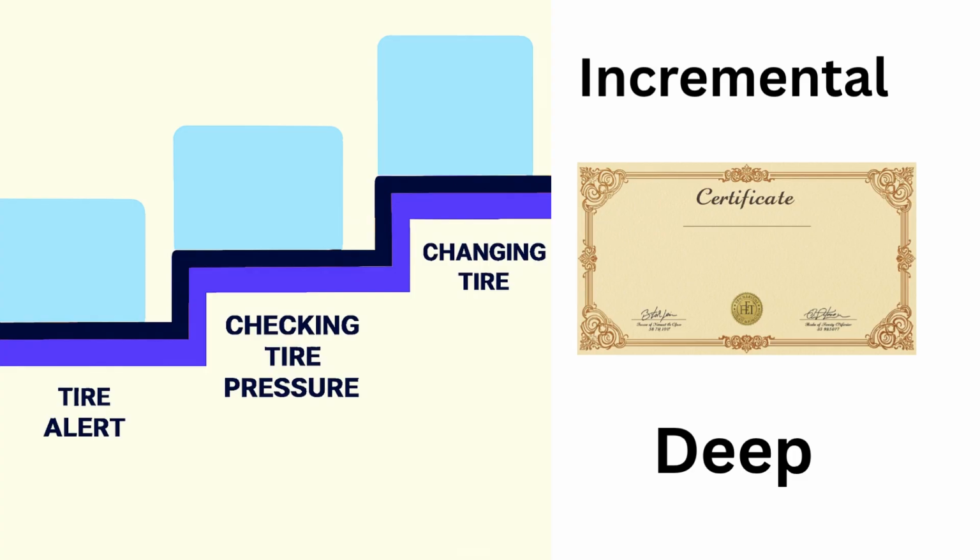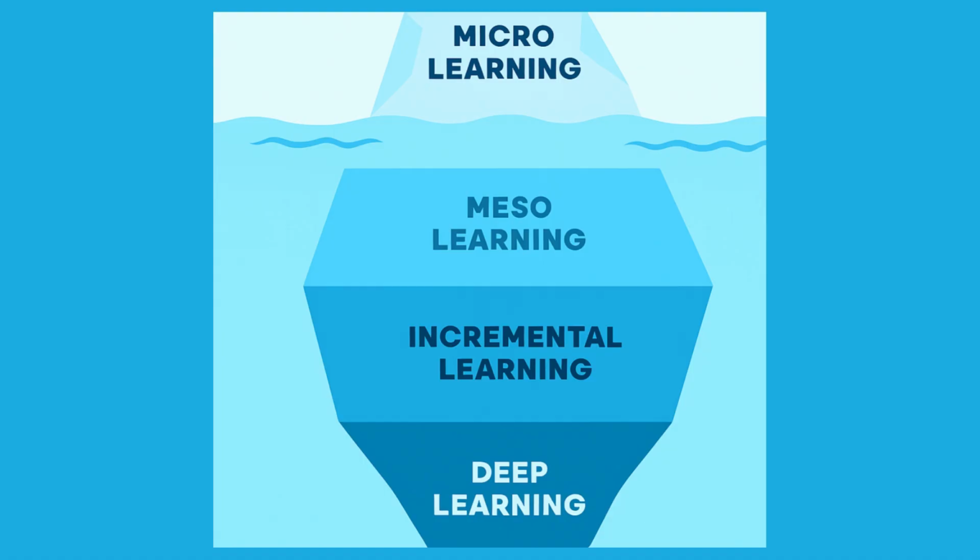Lastly, we have deep learning. And deep learning would be like a certification for engine mechanics. So the mechanic, the learner, whomever, gets a deep understanding of the engine, what makes up the engine, how the engine works, but also thinking about the problems with it conceptually, what it's supposed to do, and how it relates to the other portions of the vehicle. So if something were to happen with that engine or other parts, they know what they're looking for and how to share that with others so they can understand what's going on.